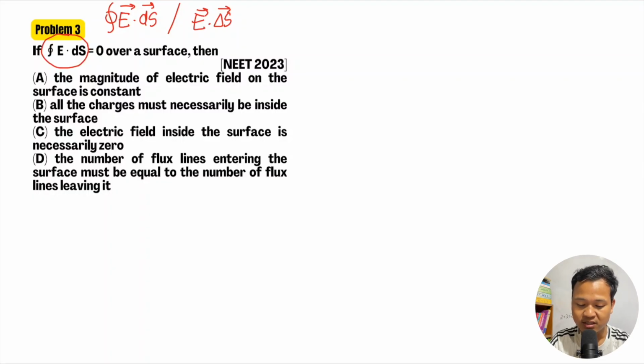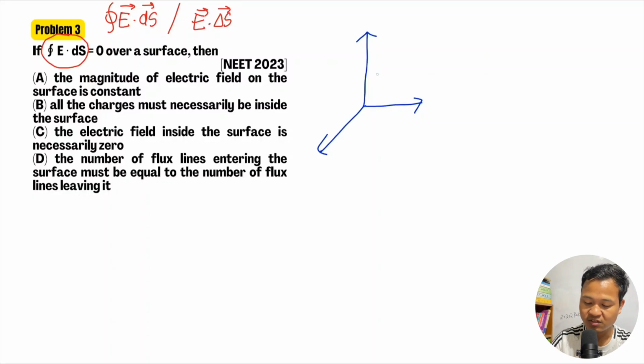Here it is a closed surface. So here you're given E dot ds is equal to 0 over a surface area, the flux is 0. What is the meaning of that? See, let me give an example. Suppose I have a closed surface, like suppose let's take a